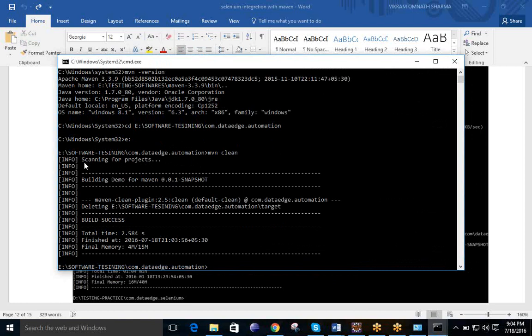Okay, so here it is scanning for the project and it has got this information. If the target directory is already present, it will delete it; if it is not present, then it will create one. That is the reason why we perform the clean operation, because sometimes the report from the previous run is present and it will take the same. Okay, so this is Maven clean.